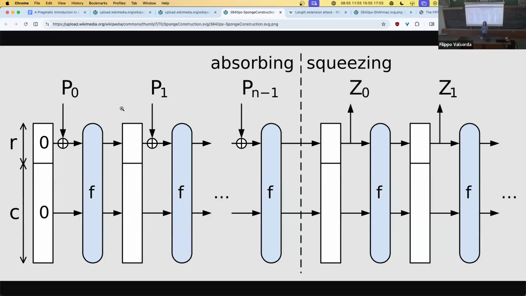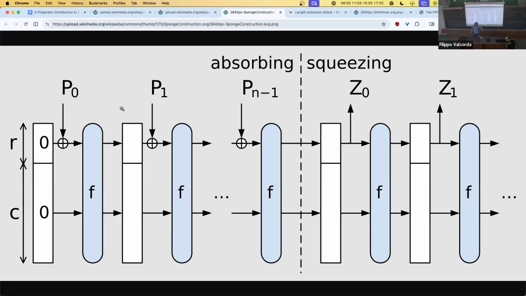If you have a permutation, you can do a much better hash design, which is this. You start at 0, and then you split that fixed amount of state. The nice thing about this is that it doesn't have any function that takes two inputs, like a cipher with the key and the message. All of this instead just uses a single permutation, not a family of permutations. And you split it into two things, the rate and the capacity.